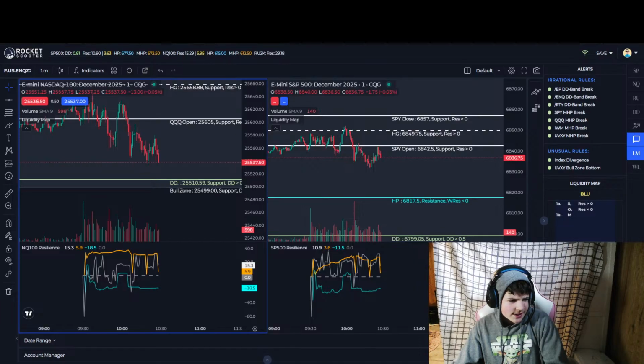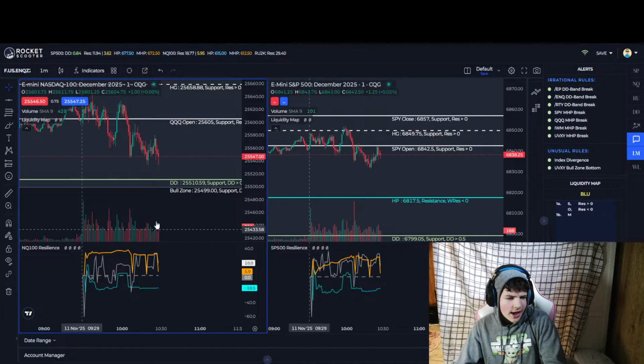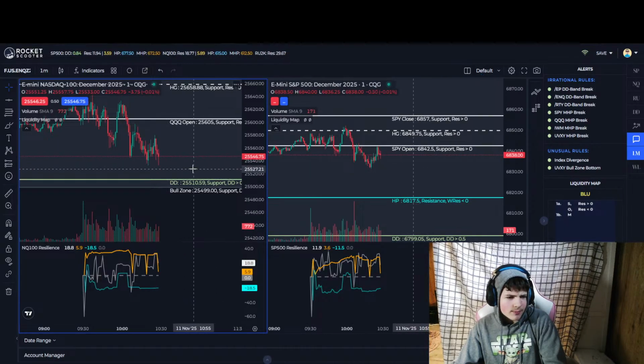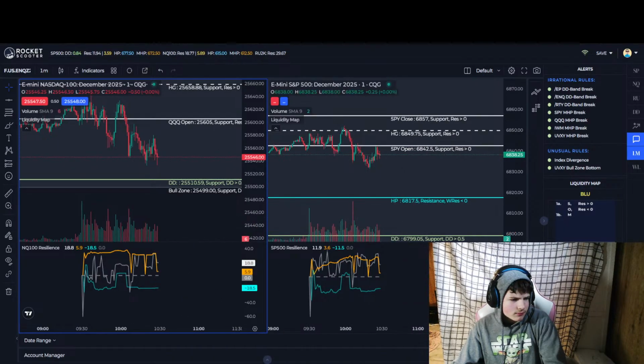Alright, I'm kind of scared because of that high pivot point Matt did. He says if it breaks below, the market's gonna crash from there.